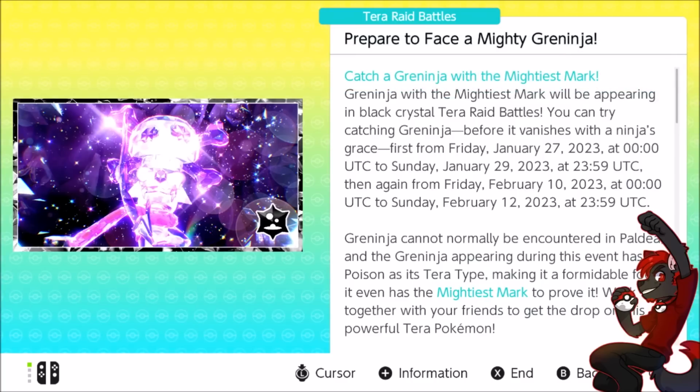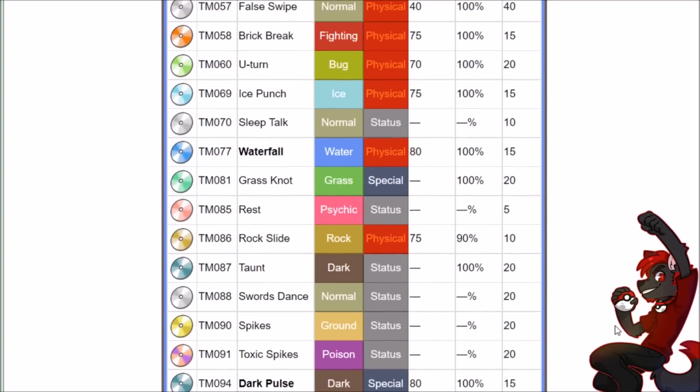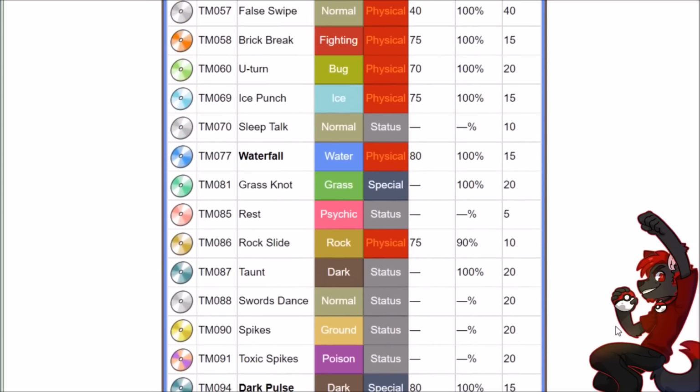So here's the thing about 7-star raids. You can't know what works best against them until they come out, because they're going to have more than 4 moves, and it can be all kinds of weird stuff. Now, this is going to be even worse with Greninja, because Greninja is notoriously ridiculous when it comes to its